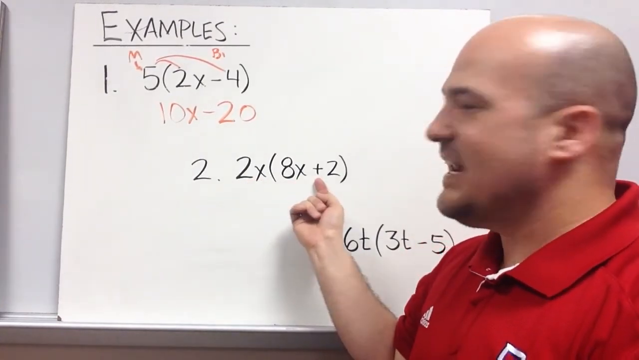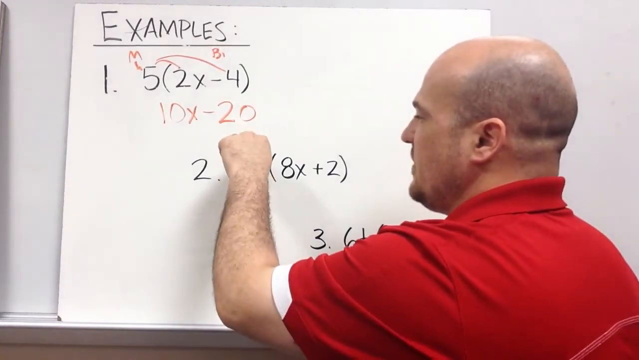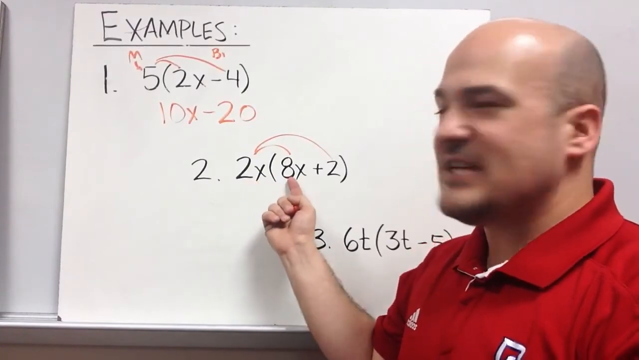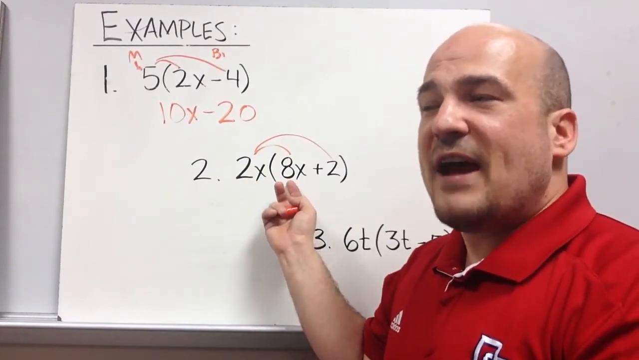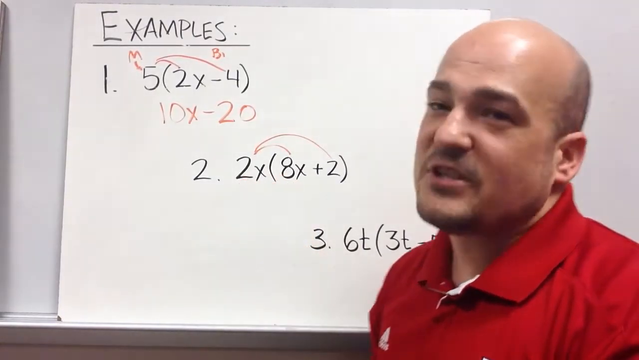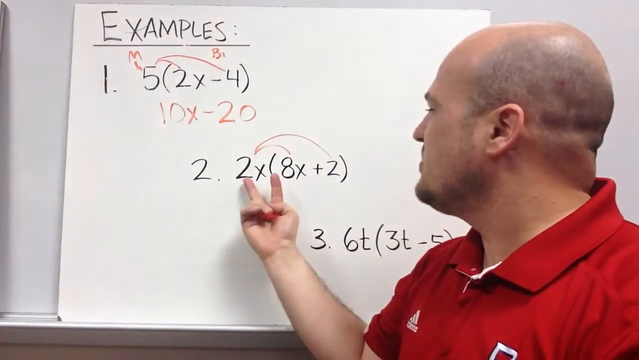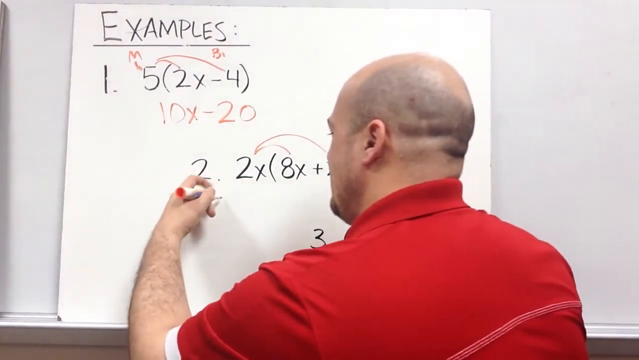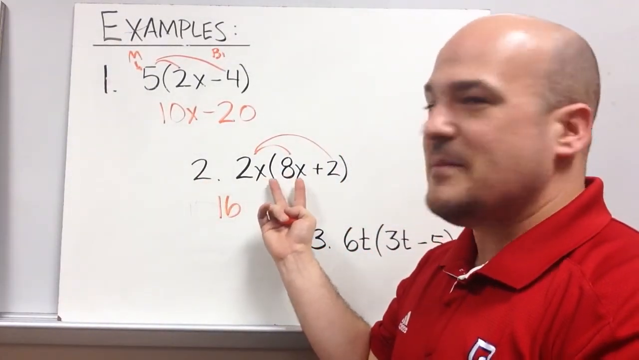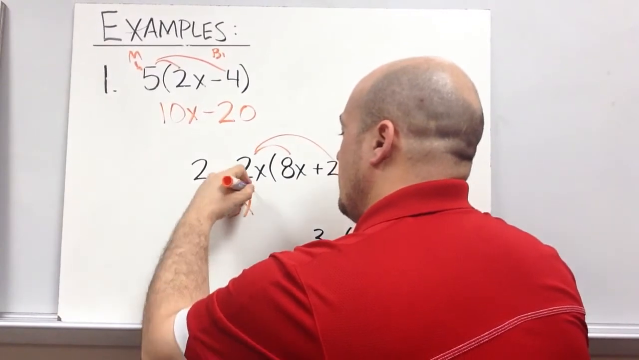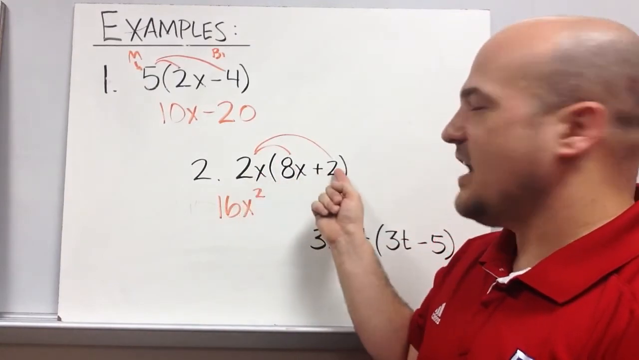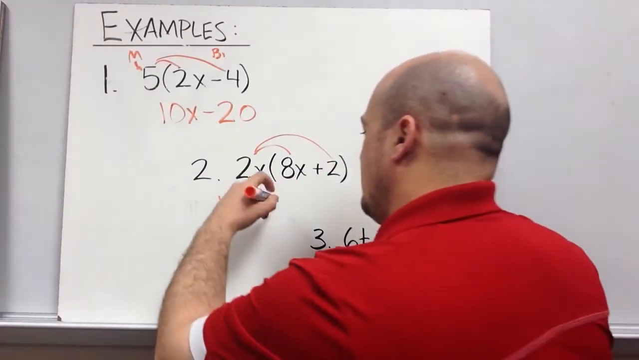Our binomial is 8x plus 2. So I'm going to distribute this 2x. Okay. And 2x times 8x, we've had to multiply these types of numbers before. Remember, we take our constants and we take our coefficients and we multiply those. 2 times 8 is 16. And then we take our variables and multiply those. x times x is x squared. All right? Then we take 2x times 2,